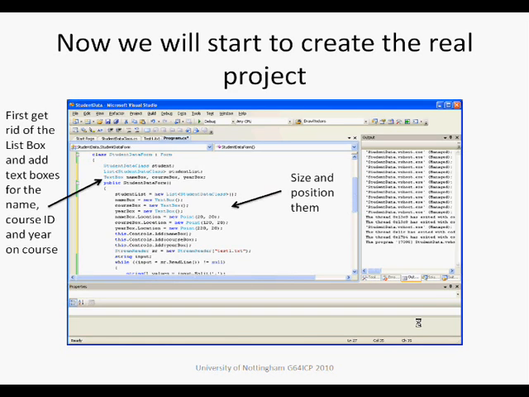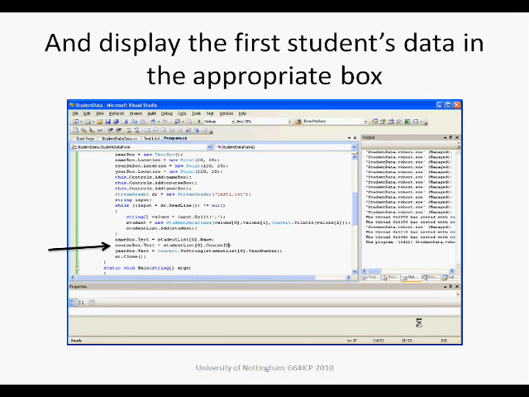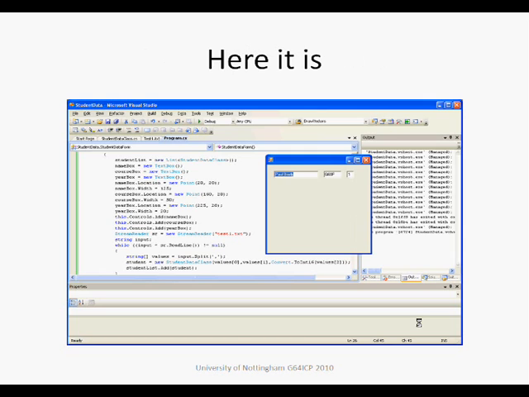I would put in a text box for each of the items, size and position them, and then add the lines needed to take those things that I've added and put them into the text box. And what I'm going to do is do that for the first item in the list, and all the other items, each one, including the first one, I will put into the student list. And then look, I'm going to set the text for each of the 3 text boxes I've added to have the name, the course ID, and let's run that, and there it comes up, and the first